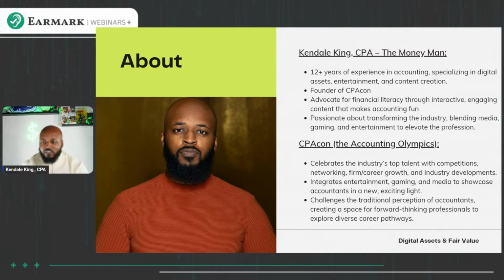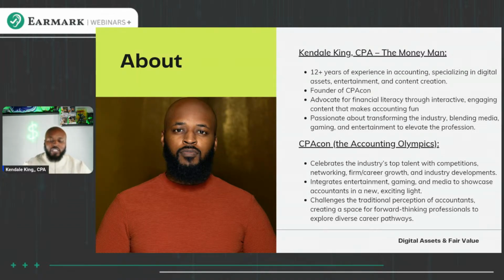I am an advocate for financial literacy. I really am trying to do my best in getting everybody to understand the positives in understanding finances, understanding accounting, and doing it through ways that are not the norm. Doing it through gamification, doing it through interactive engagement. That's the key for me. And again, making accounting fun. Super passionate about transforming the industry and, again, combining those aspects, the passions that I have of entertainment with the accounting space. So CPA Con, it is the